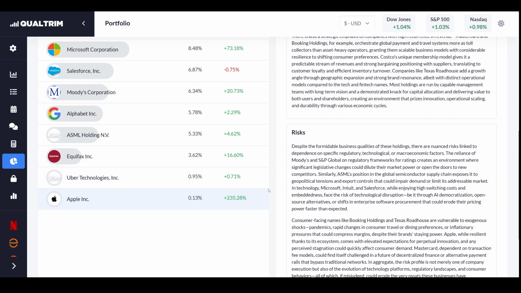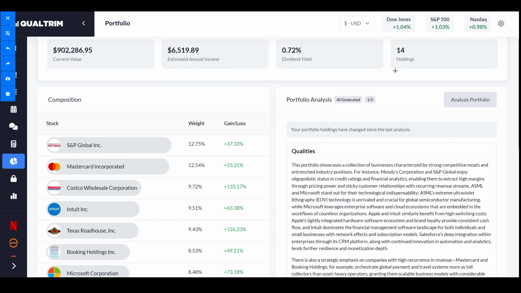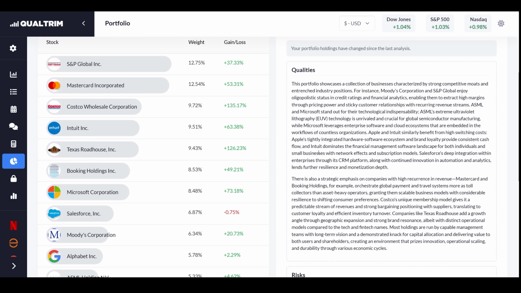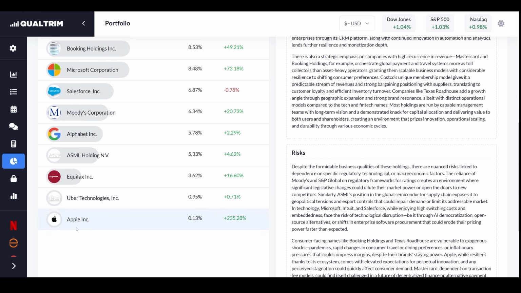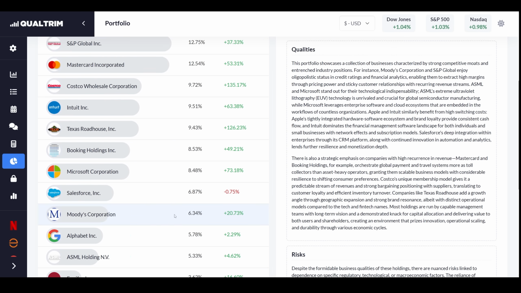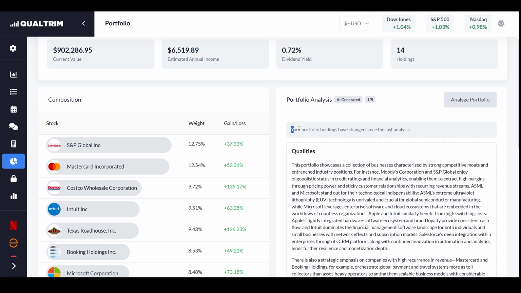It's a small holding in the portfolio, but you'll notice we got a new message here. It'll tell me that your portfolio holdings have changed since the last update or the last analysis. So it lets you know that so that you're working with an analysis, you're looking at one that was based off your prior portfolio, right? I added Uber. It did this analysis before I added Uber. So it gives you a little notice that, hey, this analysis may not match the exact portfolio that you're looking